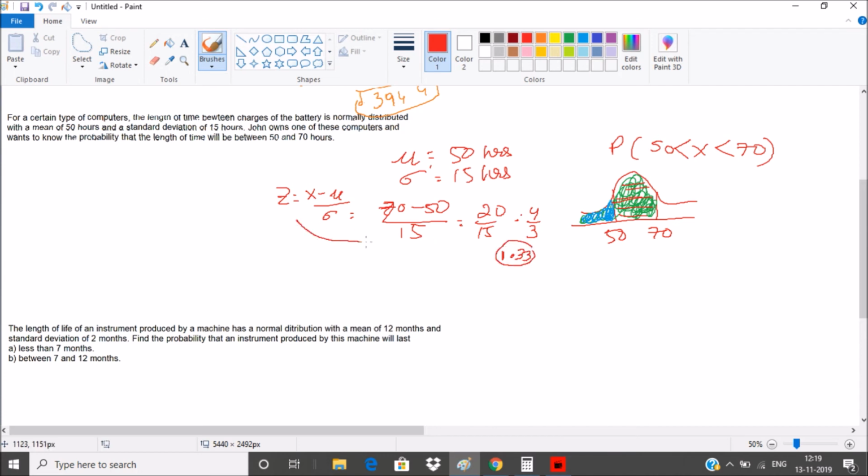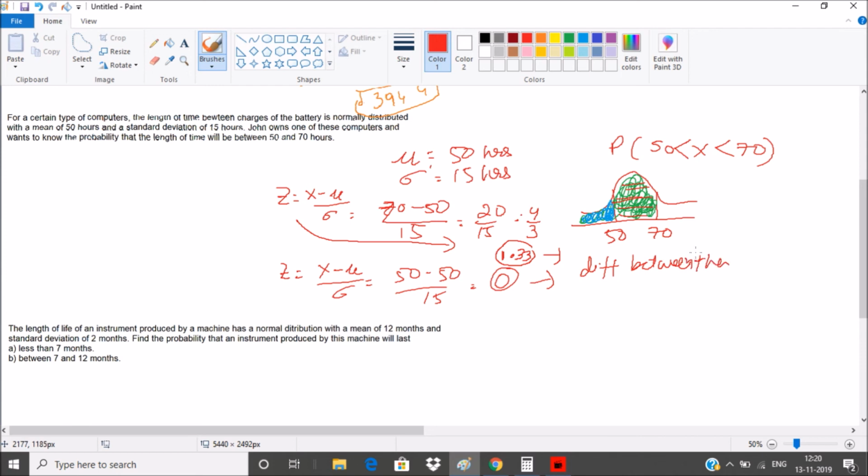This is the z-score. Now if you calculate the z-score for 50, it'll be 0, right? So we're talking about a probability representing 1.33 z-score and a probability representing 0 z-score and the difference between them,